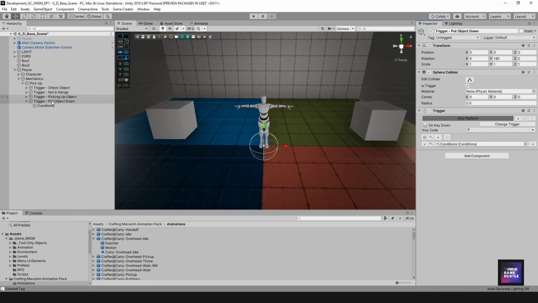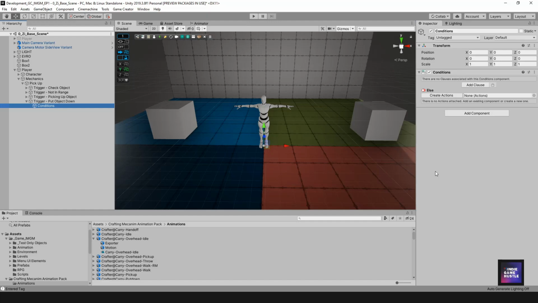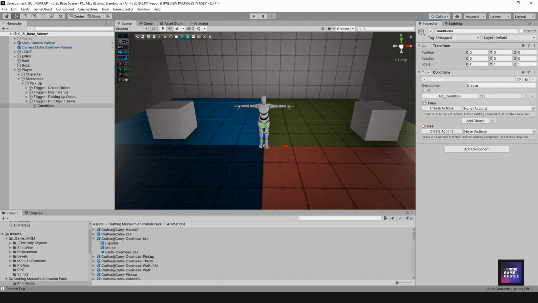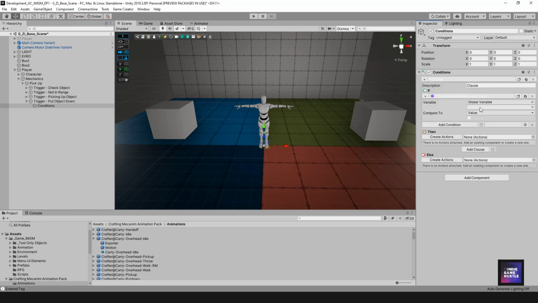Okay, great. All right, so our first condition is going to be when we're actually carrying the object. The first thing we want to do is check to see if we're carrying. So we want to add a clause. We're going to do if the bool global variable is carrying. So if it's true, if we are currently carrying something, we want to